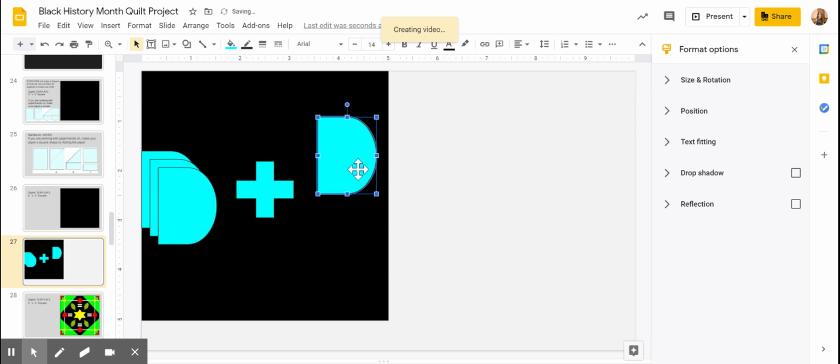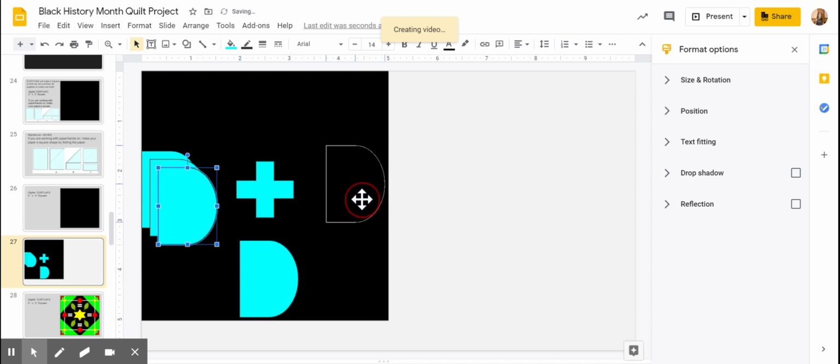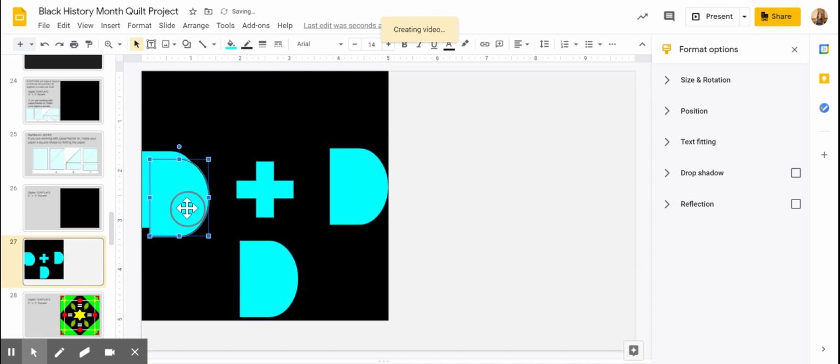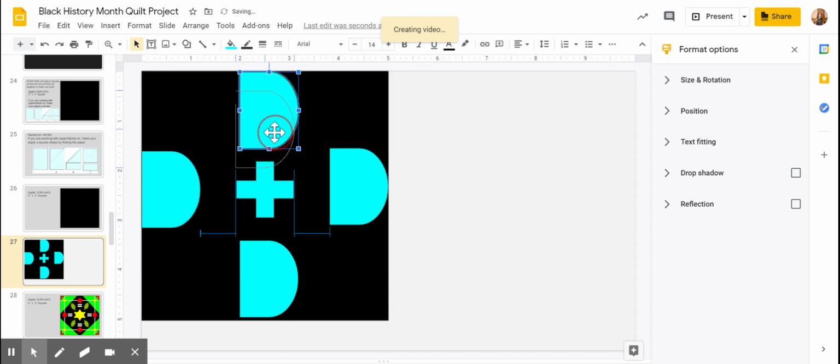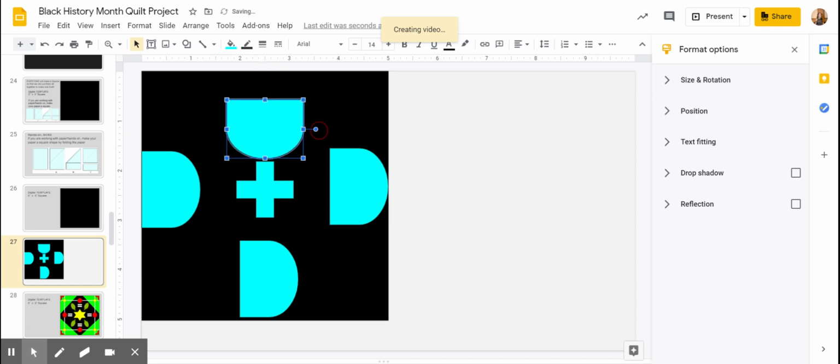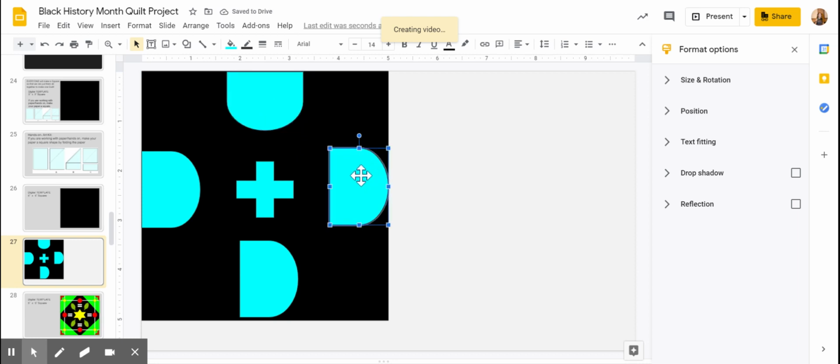Okay. Now, as you can see, they're all facing the same direction. Well, I want to change that. So I'm going to show you how I would do that. So one way to do it is you can use this little rotation tool right here by clicking and dragging to turn it. And I'm again using that guideline. See the red line guideline popping up? I'm using that. Another way I can do it is right click on the shape